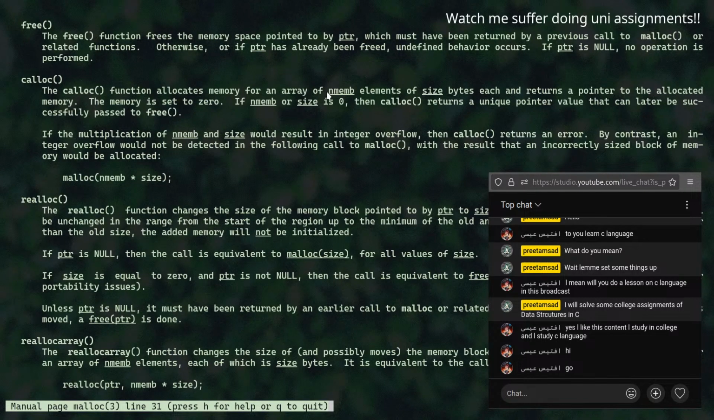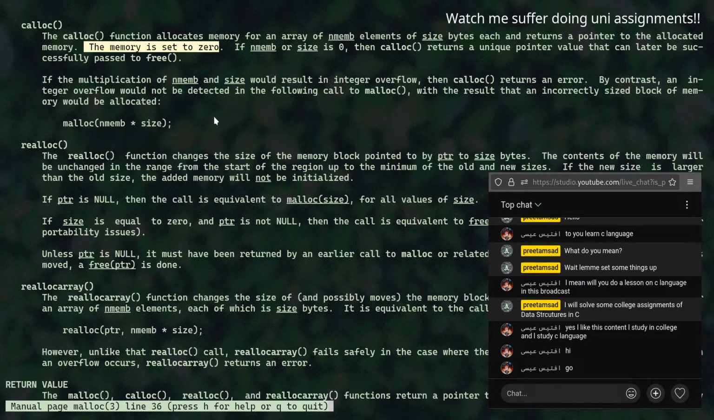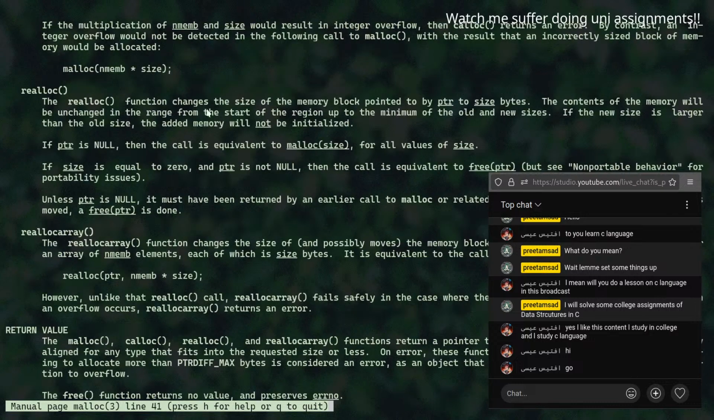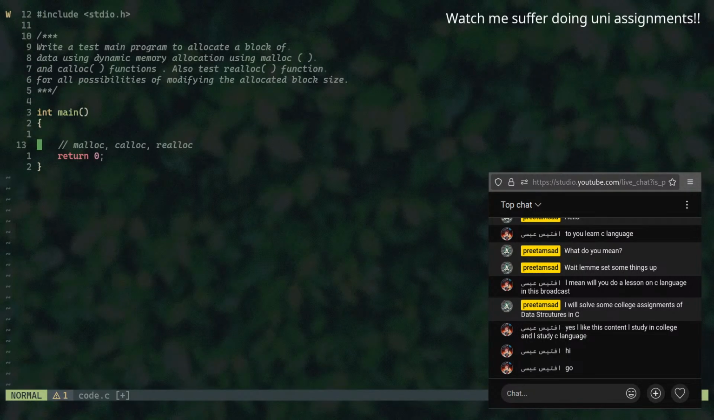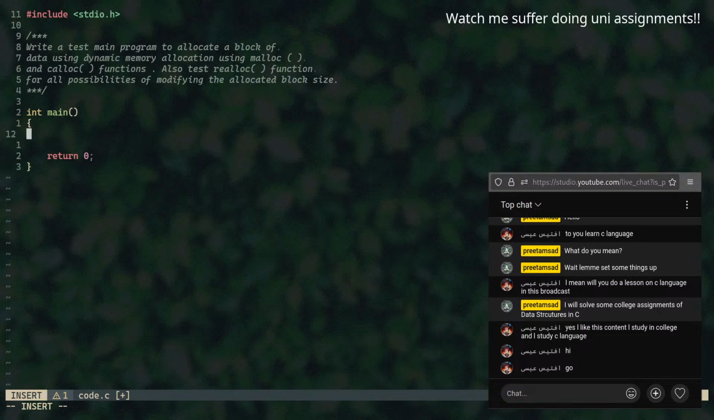Calloc. It is similar to malloc, but the memory is set to 0. Okay. So realloc changes. Okay. So let us do this. Let's create an array with this function. So if I have an array, any integer pointer,